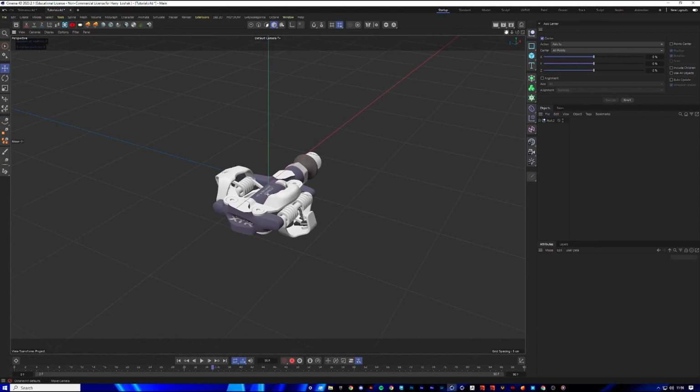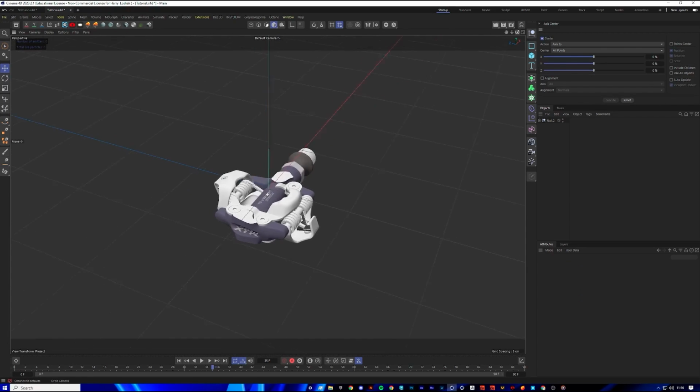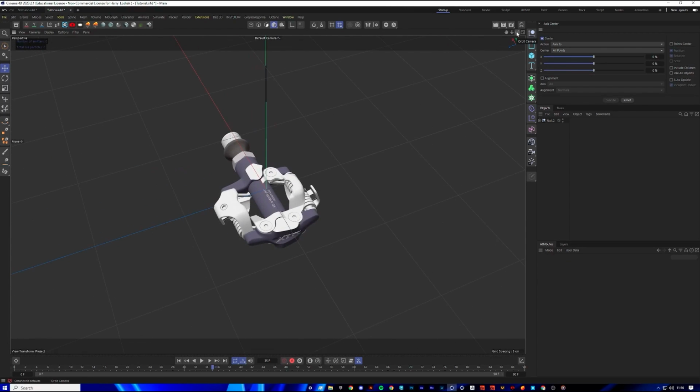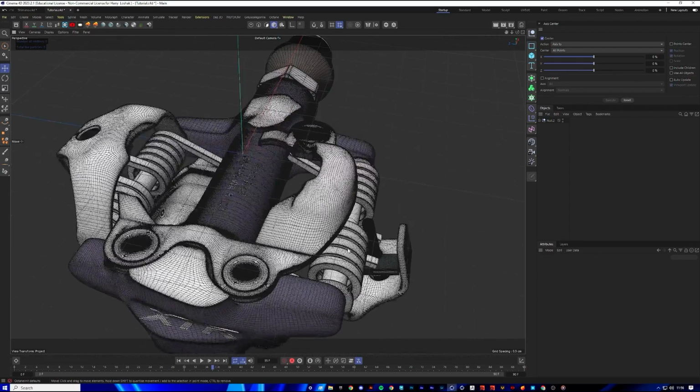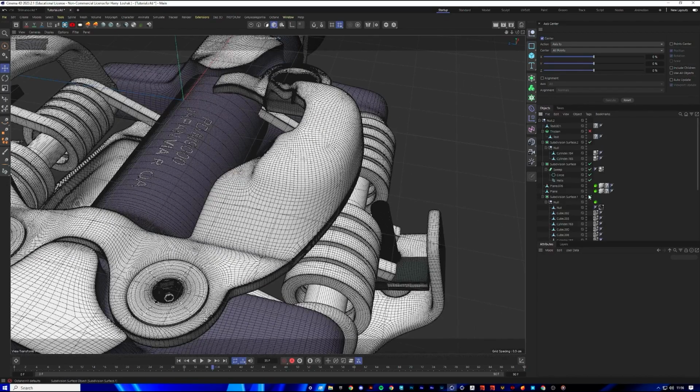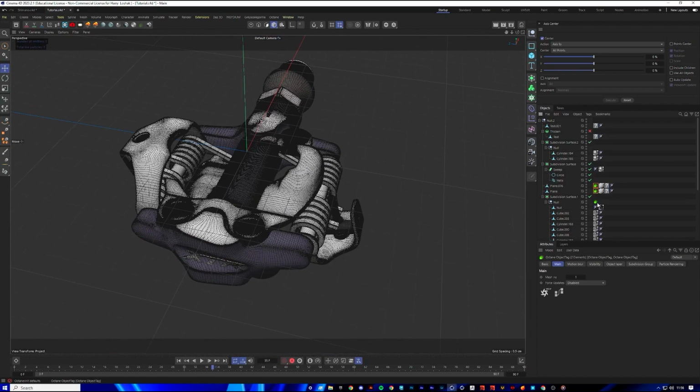Now this model is from the guy I was talking about at the beginning of the video. It's from a larger bike model, so when you download the model, it will be a full bike. However, I just split out this pedal bit, as this was the only bit I was using. However, it's an incredible model. You can use whatever part you like of that. The model is in quads, so it's got really nice topology. It's modeled brilliantly. And yeah, I've just slapped in a couple subdivision surfaces in there just to make it a bit more high